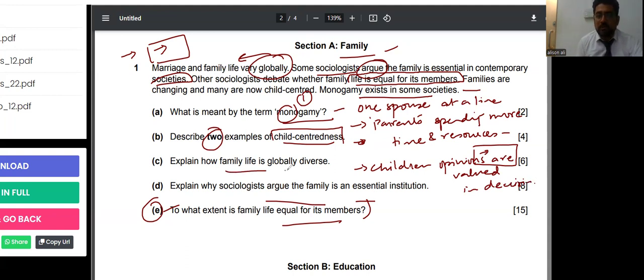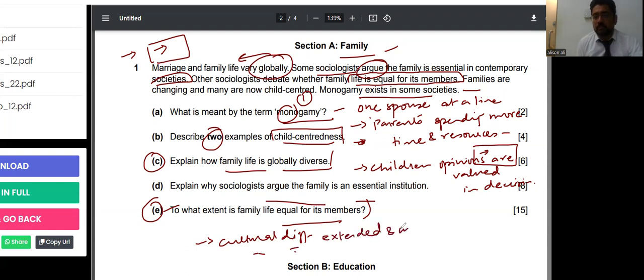Now explain how family life is globally diverse. Diversity. So how is family life globally diverse? Okay, first could be cultural differences. Okay, extended and nuclear family. Okay, second could be marriage practices. Monogamy is mentioned, that's why I'm linking over here. Monogamy, polygamy,